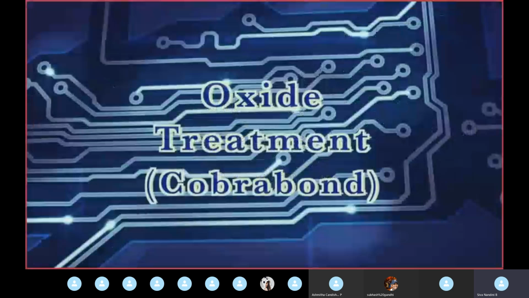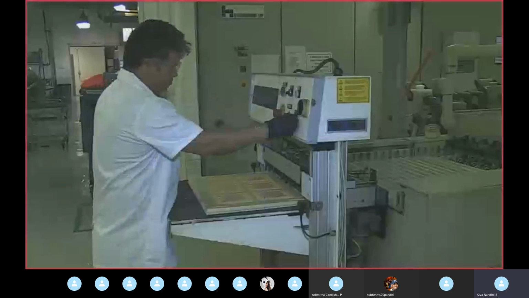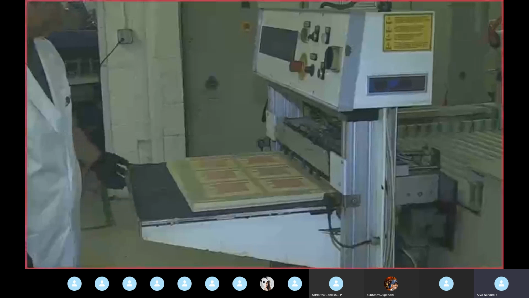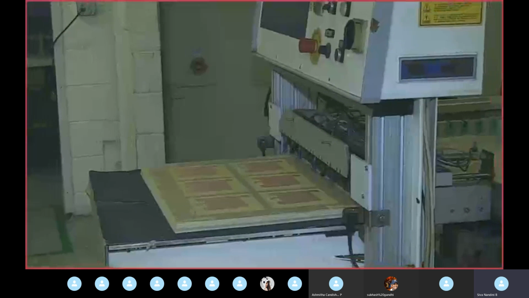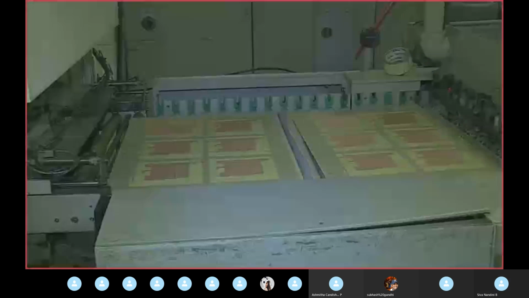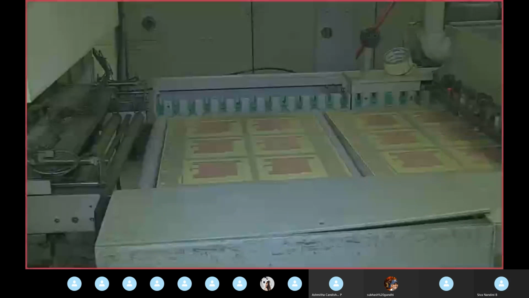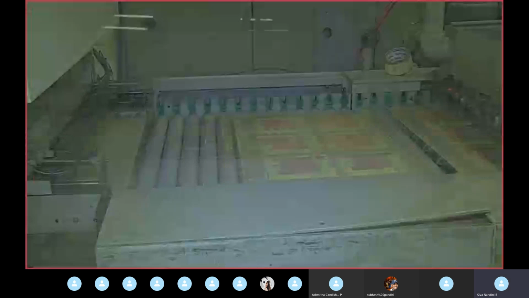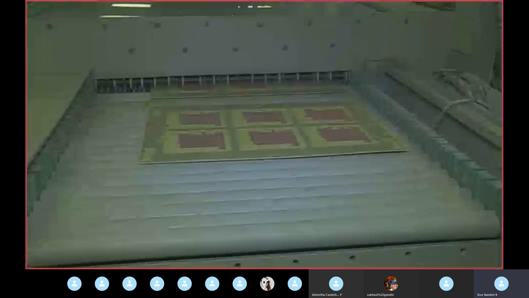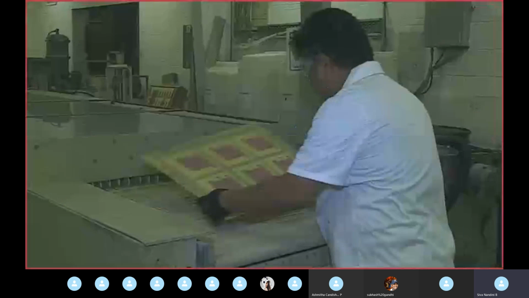That is, we are protecting the PCB board, it is a copper surface, from oxidization. For that, we will be performing some oxide treatment process. That is, some surface finish will be applied here to prevent the board from oxidation or corrosion. And then